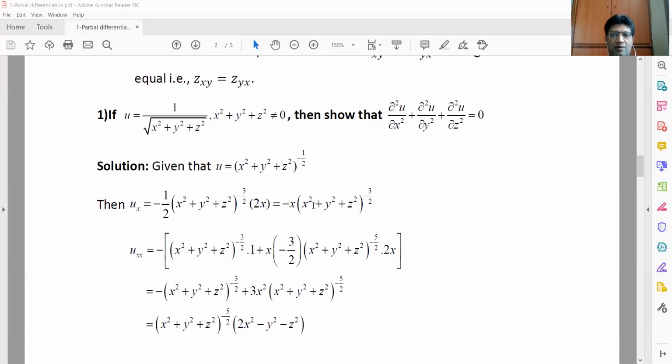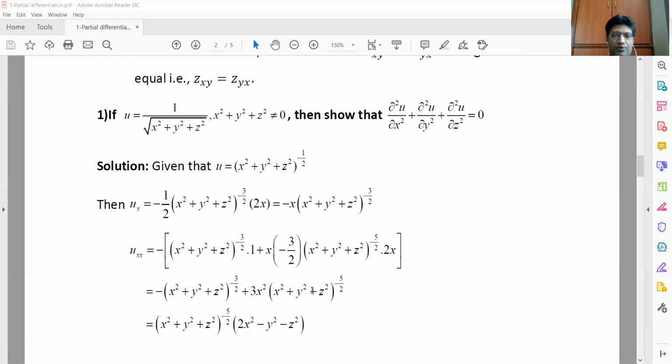Now one more time we have to do this. So now we can apply the product rule. So this minus is outside. First I kept this as it is. So for x it is 1 plus next x as it is. For this the differentiation is minus 3 by 2 into x square plus y square plus z square whole power minus 3 by 2 minus 1, which is minus 5 by 2. Next for the internal function we are doing with respect to x, therefore it is 2x. Now if you simplify this minus this whole thing, so here 2 gets cancelled, this is minus 3x, so it becomes plus 3x square because one more x is available here, so 3x square.